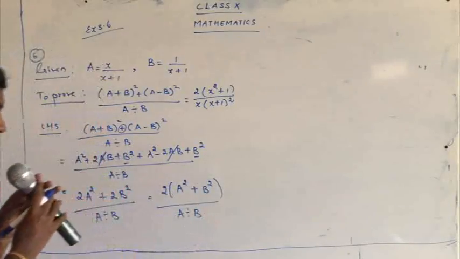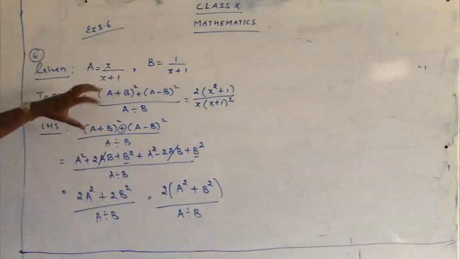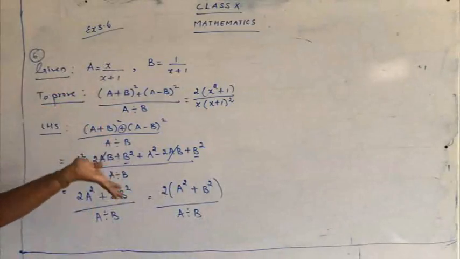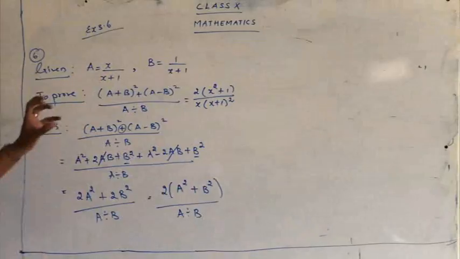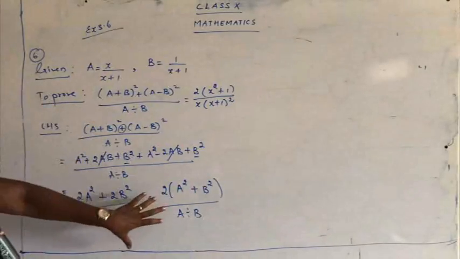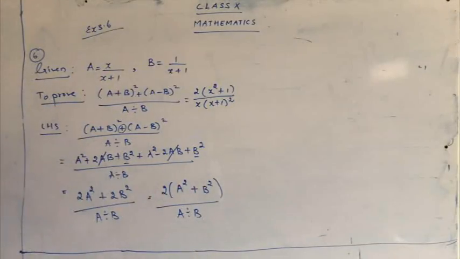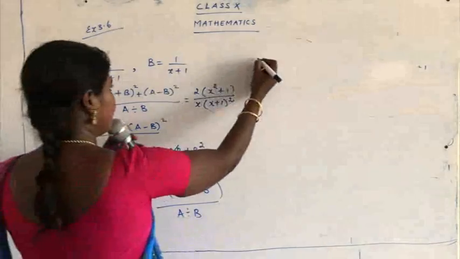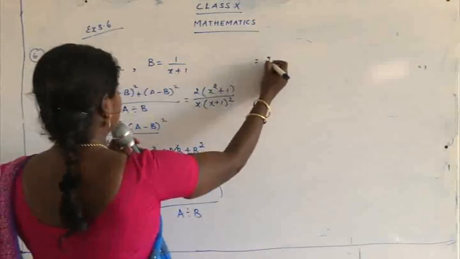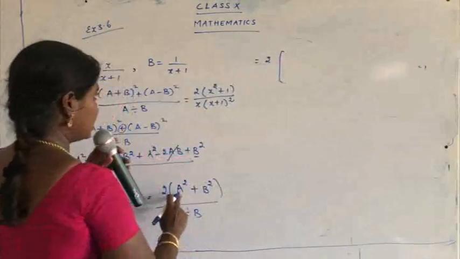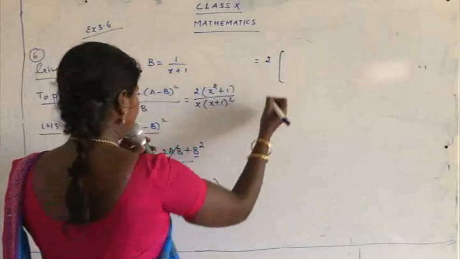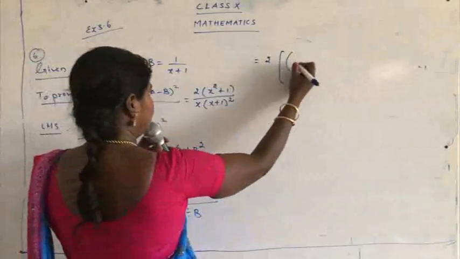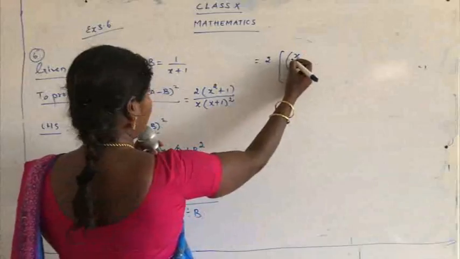So now we have simplified the numerator part. It was (a + b) the whole square plus (a - b) the whole square. Now we have shrunk it to 2 into (a square plus b square). Now we are just going to substitute the value that is given to us. So we'll write over here. I'll just continue over here. 2 a square is, children, so be careful, I'm just using a square bracket over here, x upon